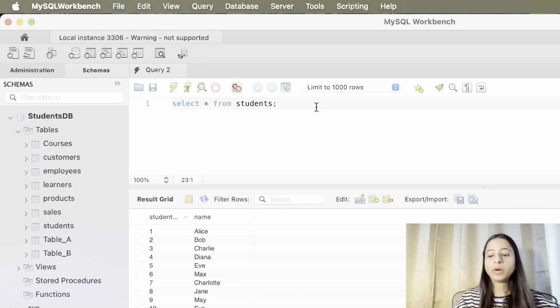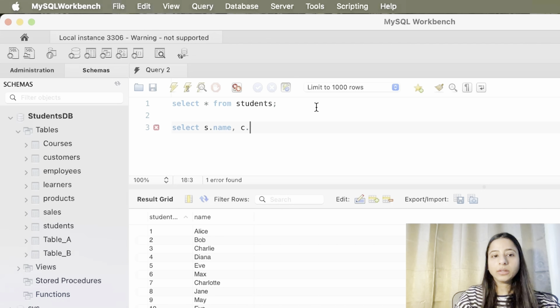So let's perform a join on students and courses like this. Select s dot name. So why am I writing s dot name? Basically, I'll be using s as an alias for the students table and c as an alias for the courses table. So s dot name, comma c dot course name